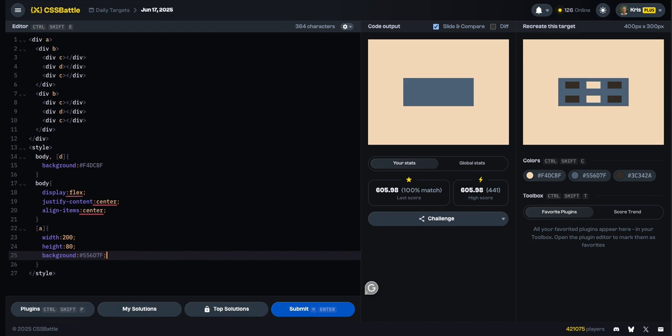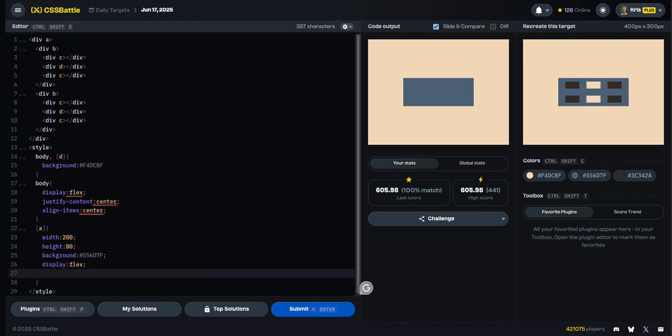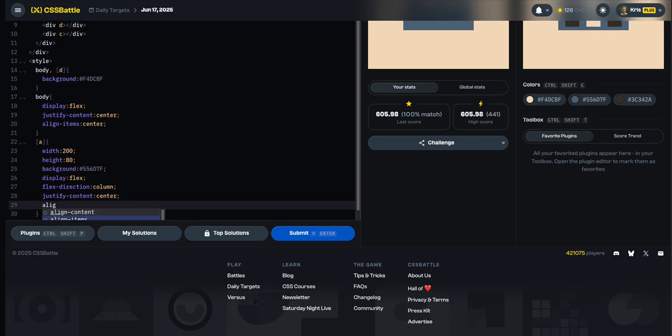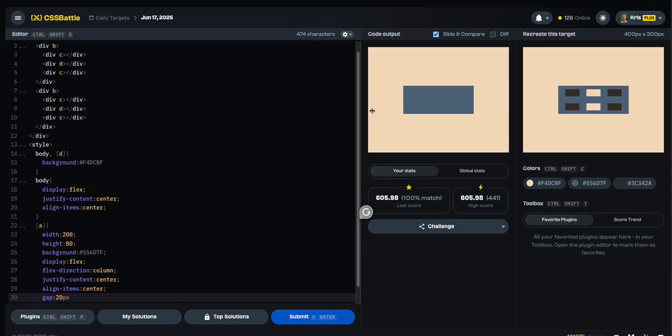Alright, so then we're going to make this a display of flex, flex direction of column. And I'm going to put everything in the center and then use a gap to spread it apart a little bit. So we're going to say justify content center, align items center, and I'm going to guess that it's a gap of maybe 60 pixels. We'll be able to see it yet, but